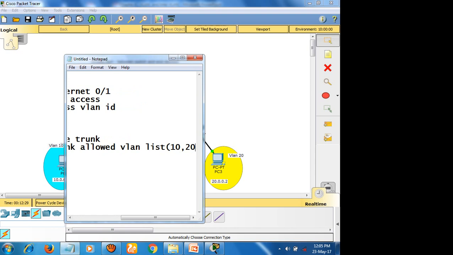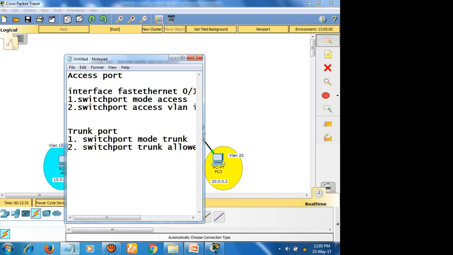Whatever VLANs you want to transport, you want to trunk, that can be given. So only two commands for the trunk port and two commands for the access port. Before that you need to specify which interface, whether 0/1 or 0/2, likewise.